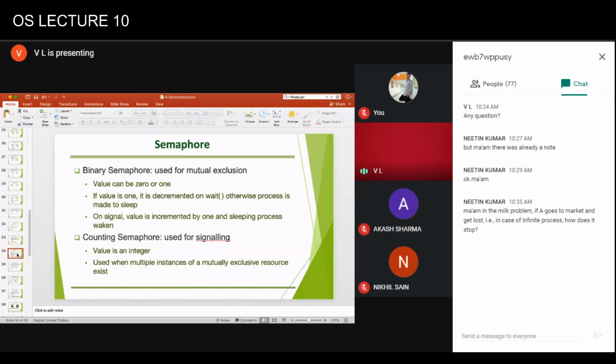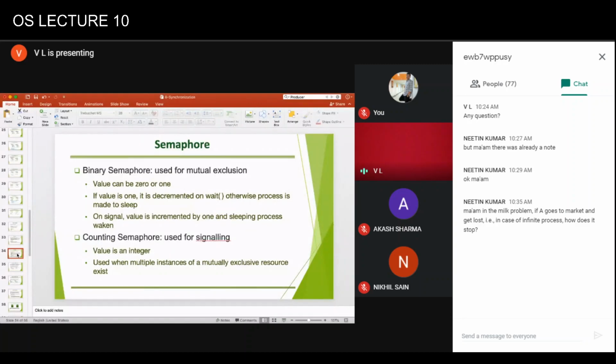Counting semaphores are used for both signaling as well as resource sharing. The value is an integer, and naturally if the value is 4, the very first process comes and decrements the value while executing wait. Now the value becomes 3. The other process will come, it will make it 2.